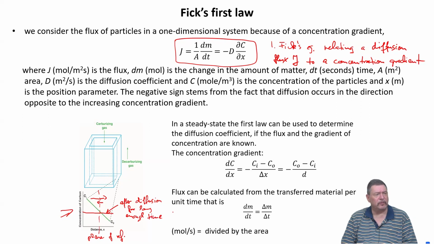If I wait long enough, then this will be my diffusion, my concentration profile. It will be uniform, no driving force anymore for a net flow. Basically this means there is still diffusion happening, because of atomic vibrations occurring, carbon atoms will go from right to left, from left to right, but the rates will be equal in all directions. Right? So this is, again, very important to keep in mind.